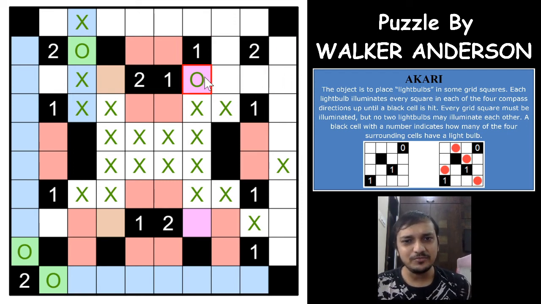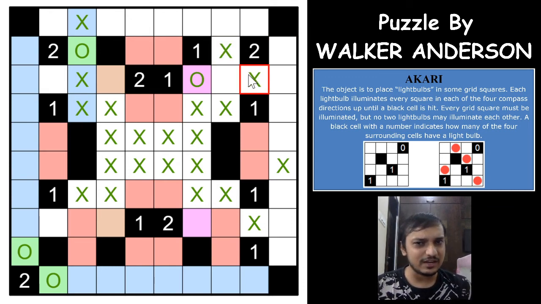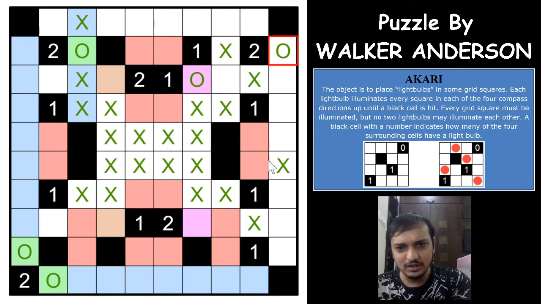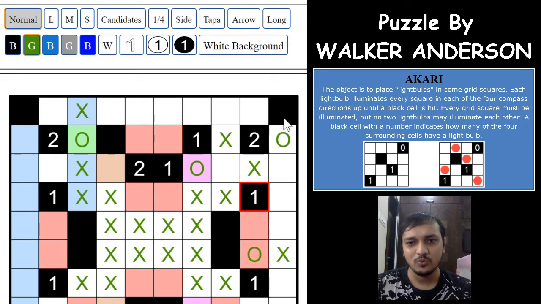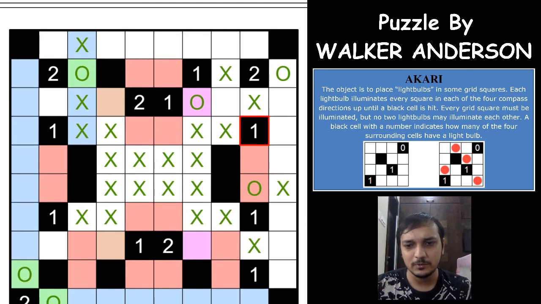So what happens if I have a light bulb here, both of these cells are cancelled out as light bulbs, I'll have a light bulb here, and this one is now contradicting as not having any light bulbs in these four neighboring cells. What an excellent logic this is, what an excellent logic this is,